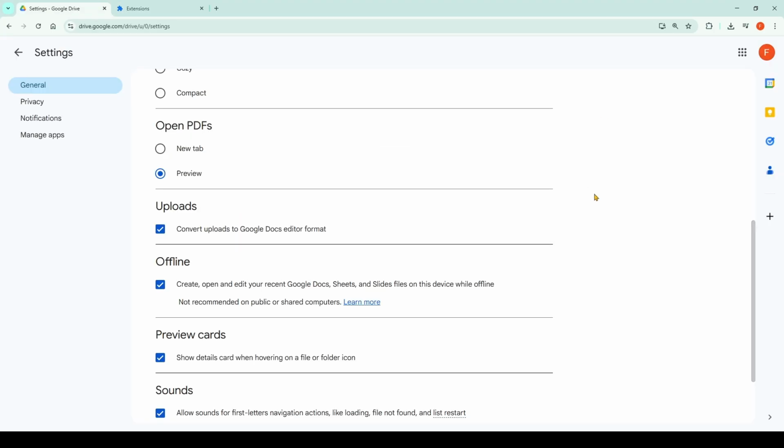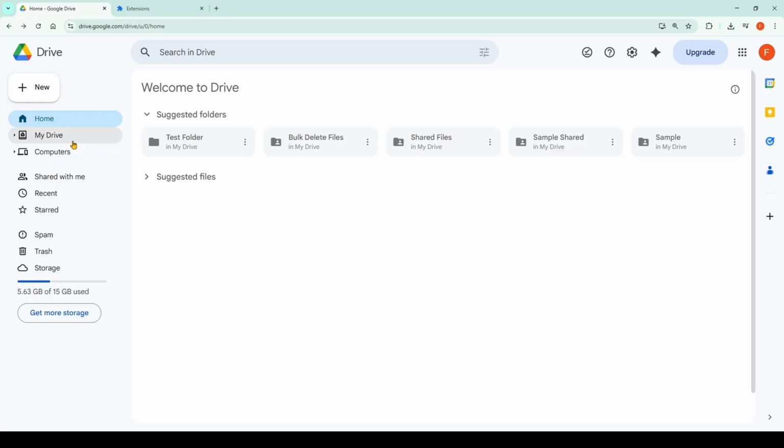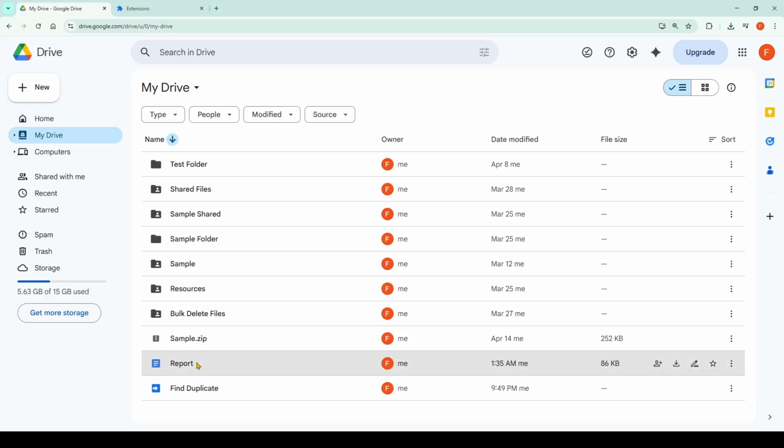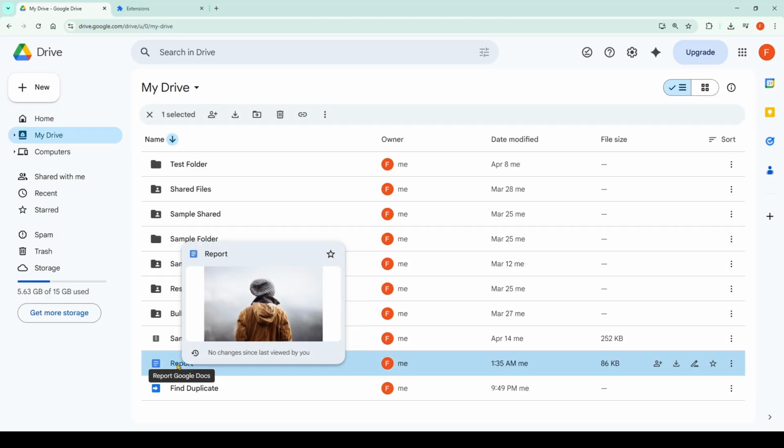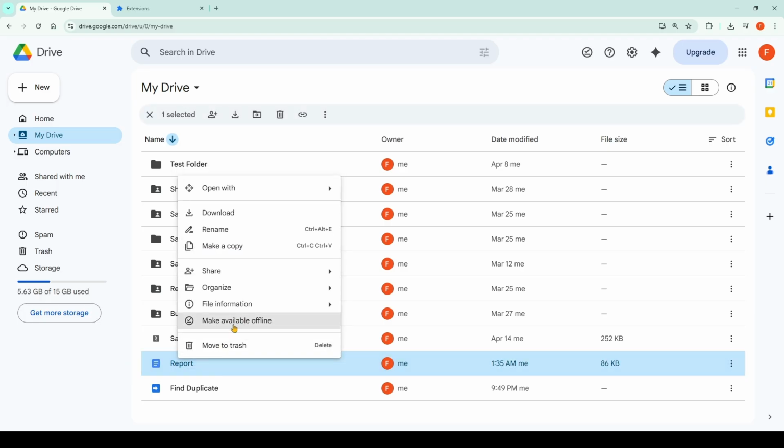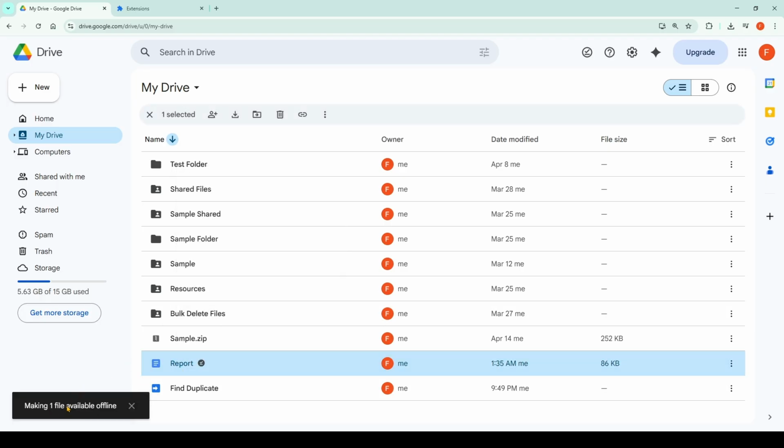Now go back to your Google Drive, locate the file you want to save offline, right-click on a Google Docs, Sheets, or Slides file, then click Make Available Offline. Once selected, wait a moment until a small checkmark icon appears next to the file name, indicating it is ready